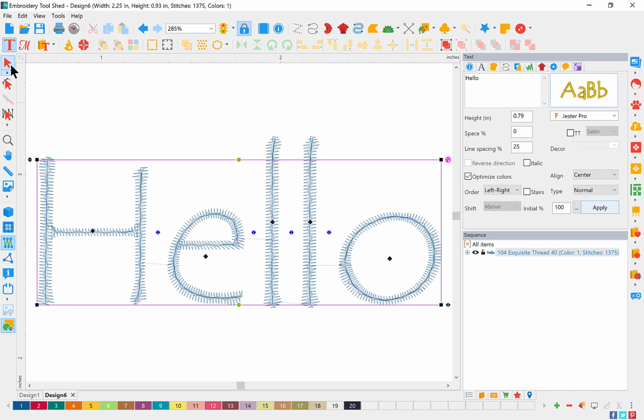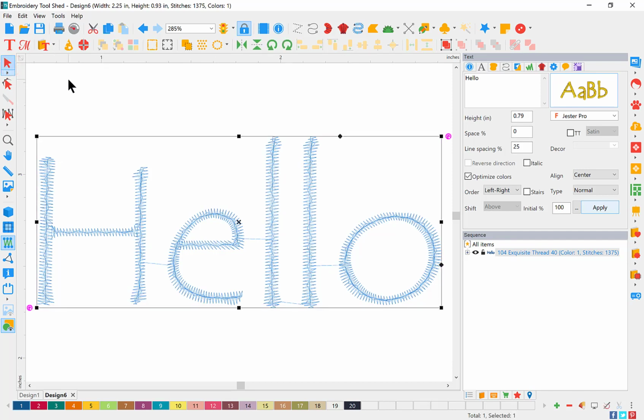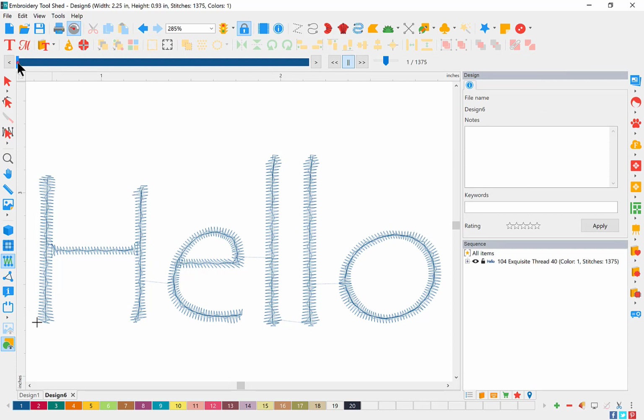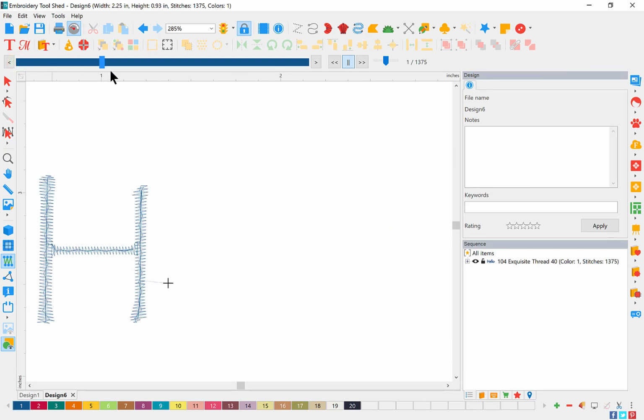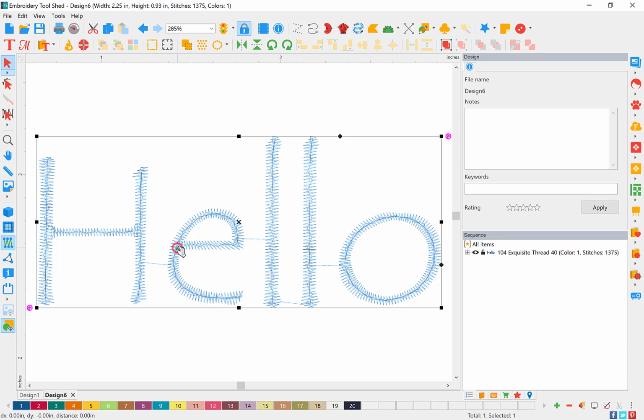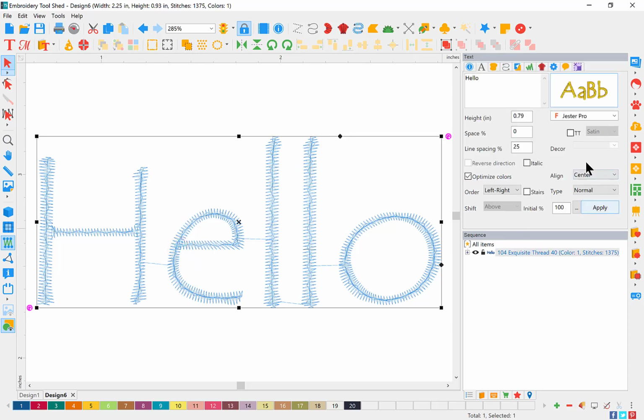Now, if you want to have your text stitch from the center out, it's just a simple adjustment in the properties. This feature is in Word Art and Stitches or Perfect Embroidery Pro. So let's first look at how the text stitches out. If we make no changes, our text is going to stitch starting from the left and ending on the right. Okay, if you want your text to stitch from the center out, select your text, and over in the text properties, under the order, change it to center right